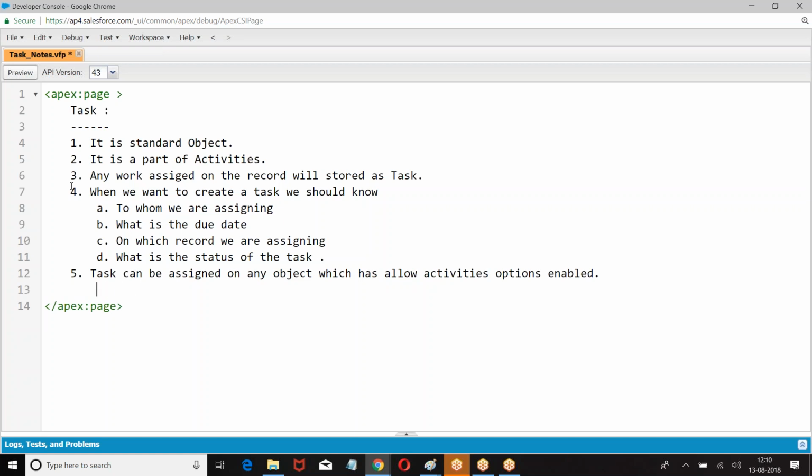This option is enabled by default on every standard object.